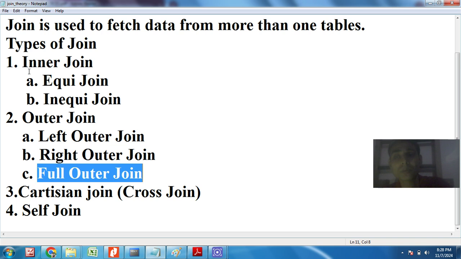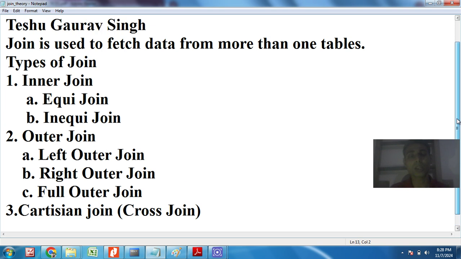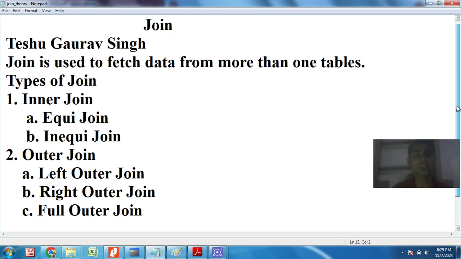Both the columns are present in the same table, so we are not going to use self join, and we can remove that option. In Cartesian join we check all the match cases. We are not going to check all the match cases from two tables, so we are not using Cartesian join.